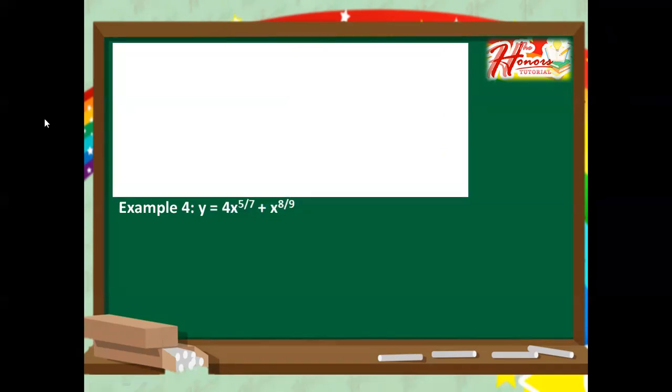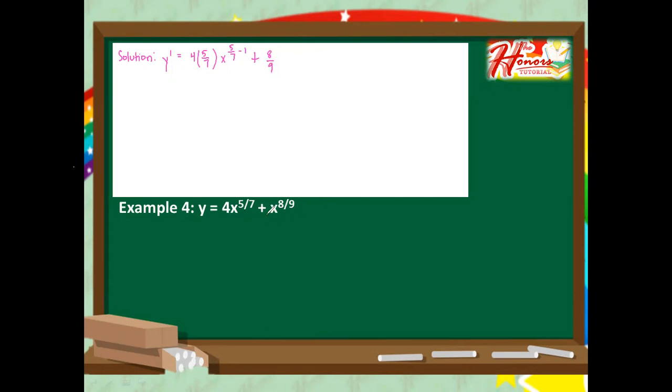Okay, so let's start. Let's write the solution here. Let's have y prime equals 4 times your exponent, and that is 5 over 7 times x raised to 5 over 7 minus 1 plus 8 over 9